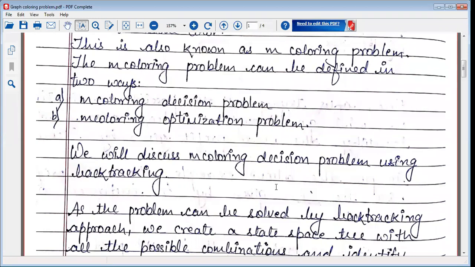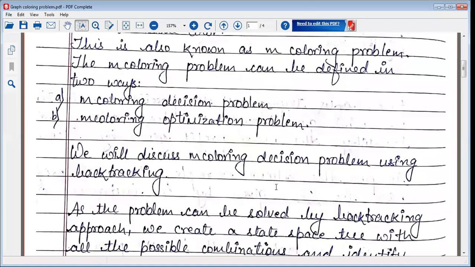Till now we have seen some problems related to backtracking, and we have seen that we try to explore all the possible solutions by creating a state space tree, and we identify the possible combinations of solution out of the given set of decisions. Here again we are going to follow the same approach.